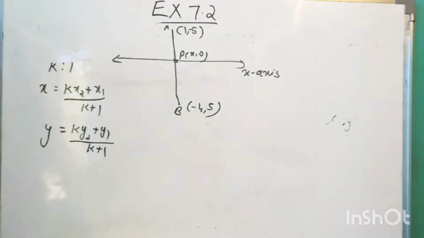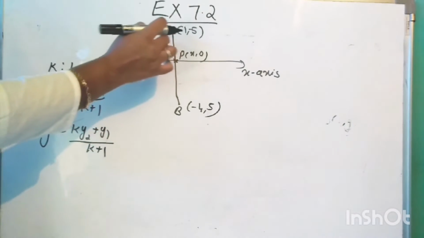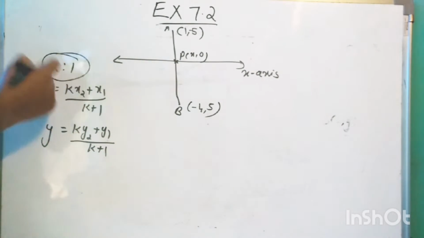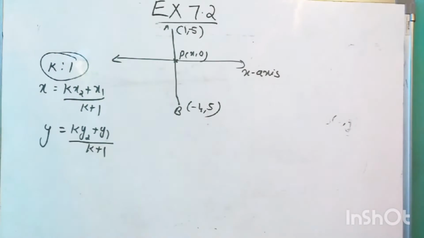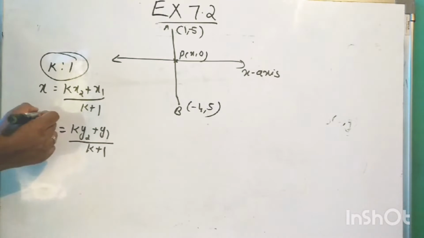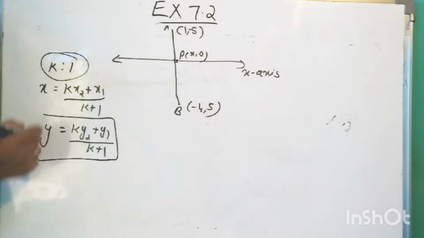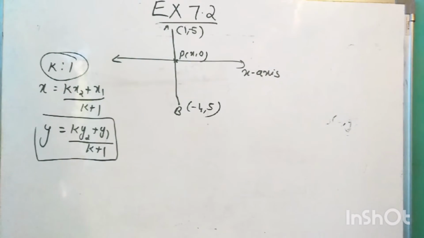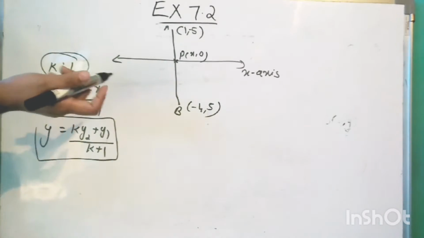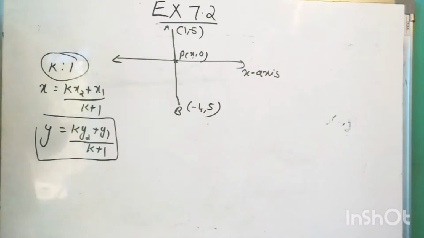This we have, and here we need to find out the value of k. One unknown, so one equation is enough. So I'm going to use the second one, because you can use the first one, no problem, but we don't know what is the value of this x. Do you know the value of x? That is, we need to find actually.